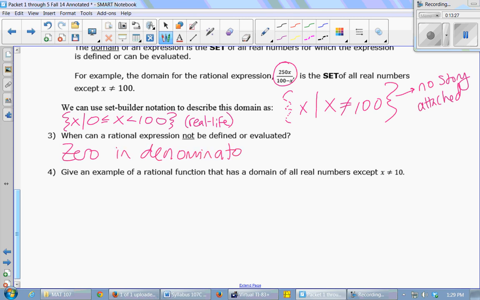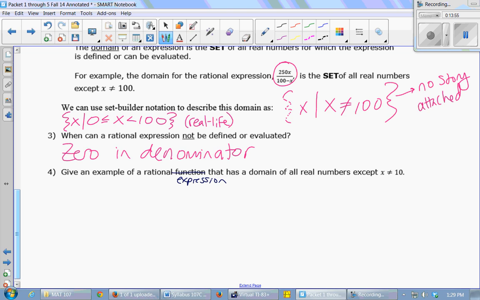That's the only thing you have to worry about with a rational expression. Those are the only values that can't be put in: places where the denominator is 0. So let's try to make one up. Let's try to make up a rational, sorry, I keep using the word function and you don't know that yet. Expression. Let's make up a rational expression